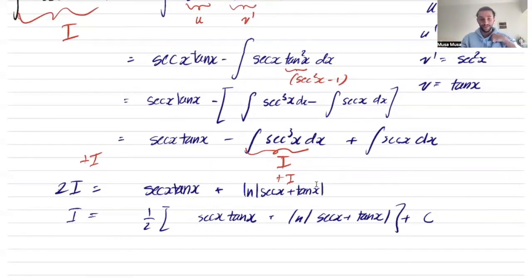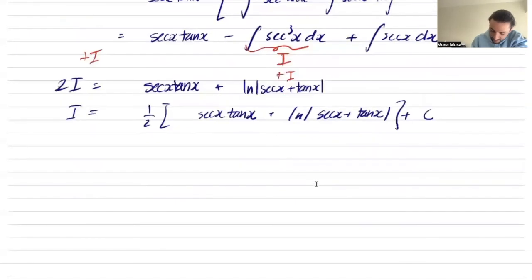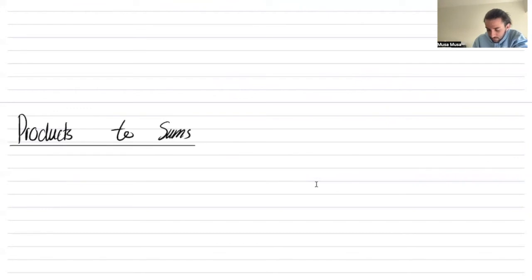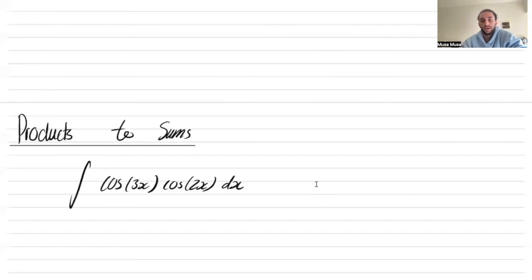Okay. Good. Alrighty. Look, there's this other type of question you could get. It's kind of boring, but it is when you have what we call products to sums. I'm not even really going to go over more than one example of this. Products to sums is when you have, say, the integral of cos 3x cos 2x. There's no exact way to combine them, but there is a way to split it up, because I think on our reference sheet we have